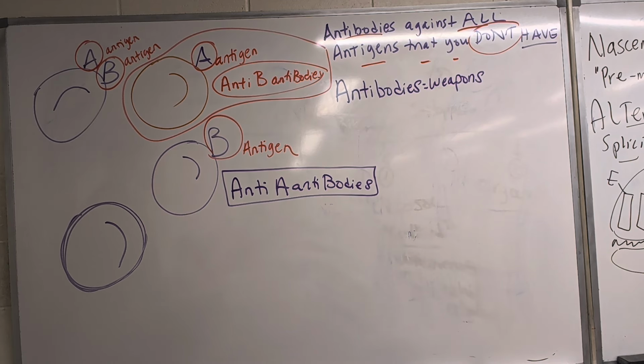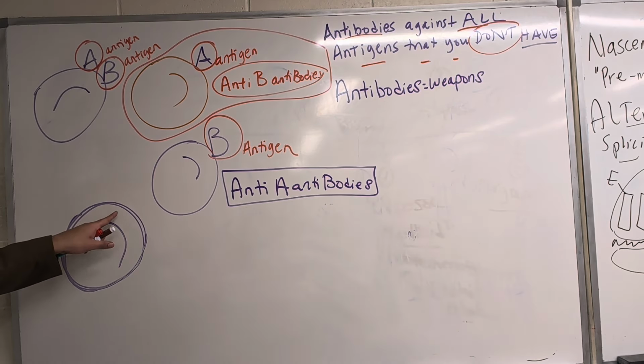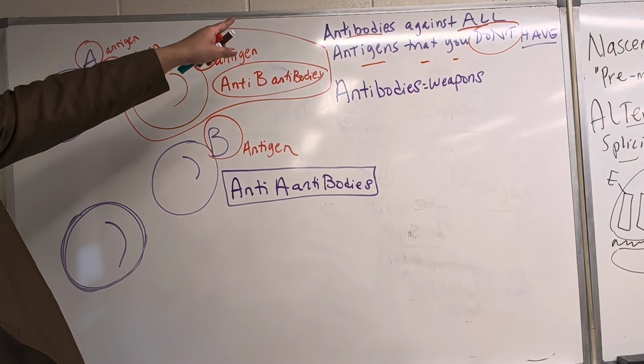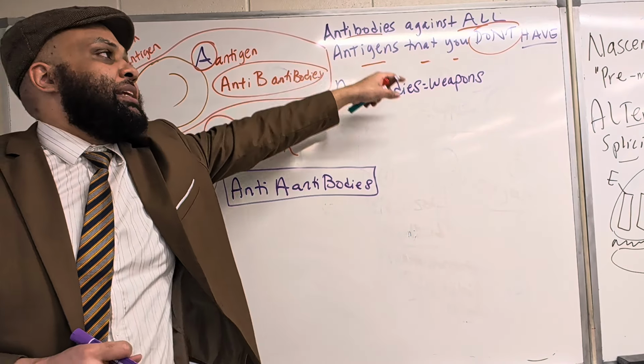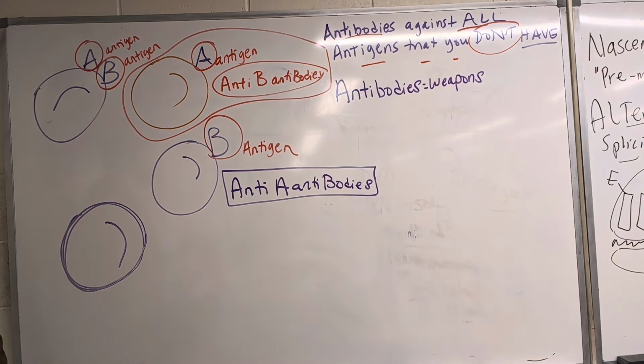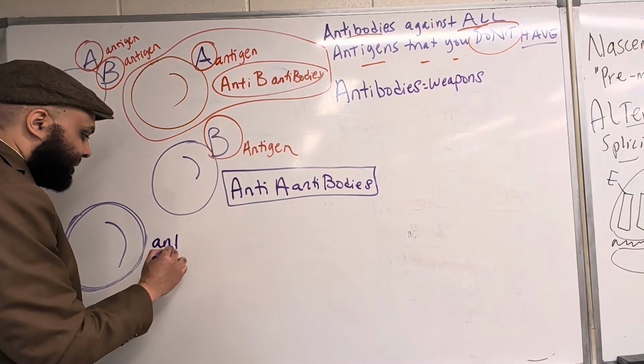O has no antibodies. O has no antigens. The law says you will always have antibodies against antigens that you don't have. So what antibody does O have? A and B, because it has no A, so it will have anti-A,